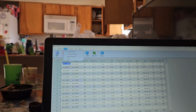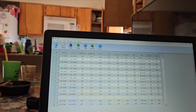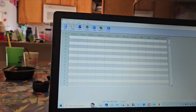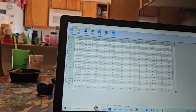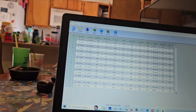So let me full size this page. What I was trying to do is maybe, so the software here only gets 16 channels, but CHIRP can write more than that to the radio and also recover it from the radio, which I don't understand how that works. But it's basically only put these channels in here like this. So I might have to go in here